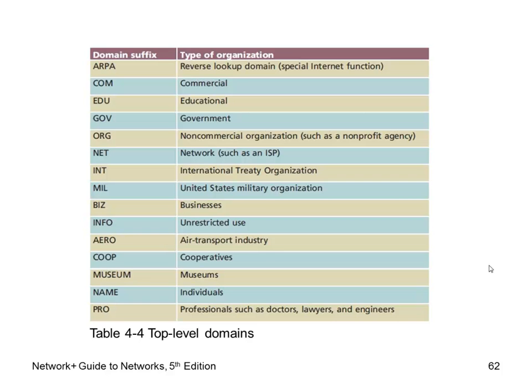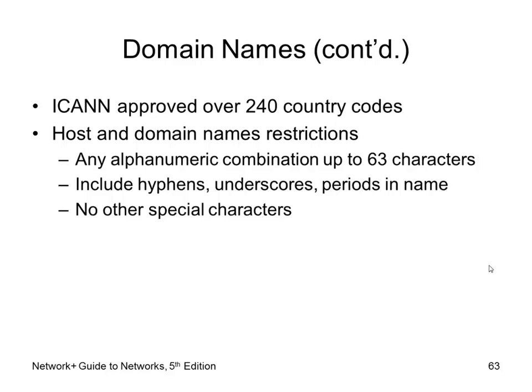Not so much. The one they are still picky on, though, is edu. That one is difficult. You have to be a degree-granting institution. It used to be a 4-year degree. Now, 2-year degrees have it as well. But they are changing a little bit the way they do it. But we know most of these. So normal stuff there. Those are the top-level domains. Okay. Now, it says they have also approved 240 country codes, which I kind of just mentioned.